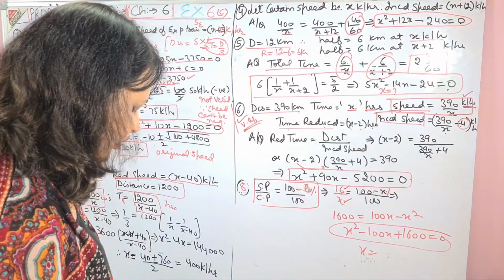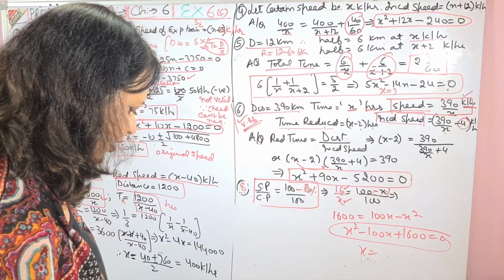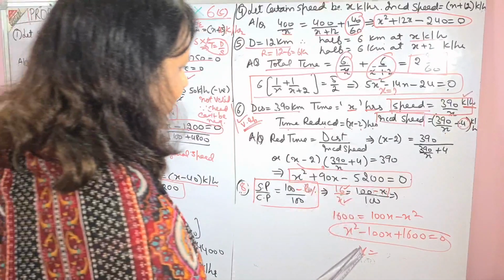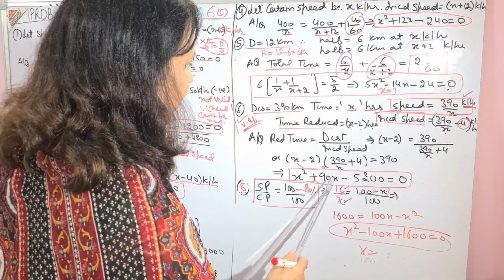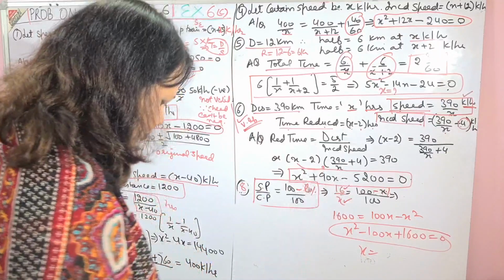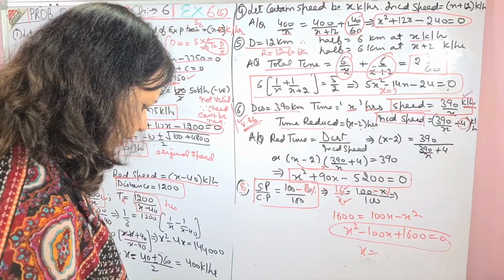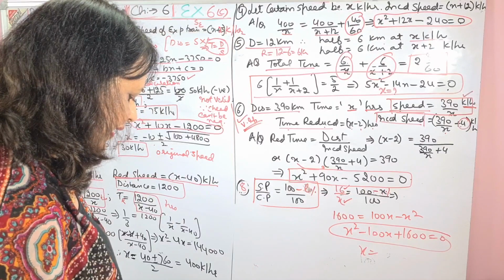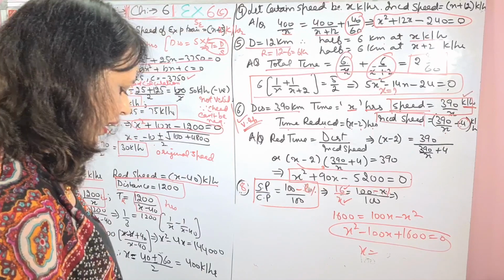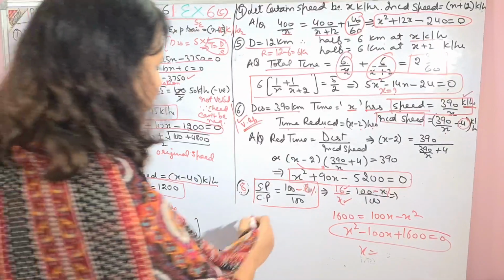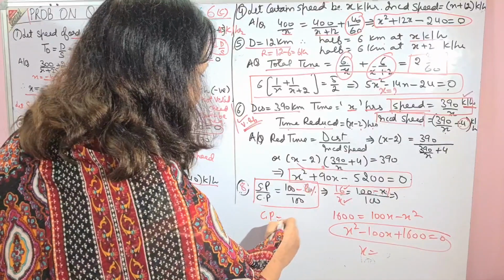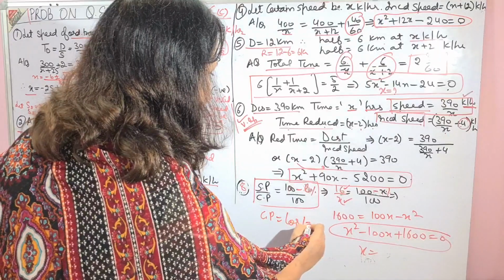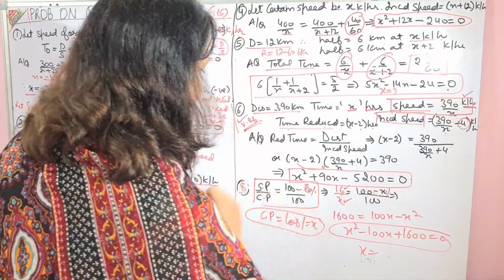So x you will find, if loss was x%, find the cost price of the article. Once you get x, you can easily find the cost price for the article. You can very easily see that the article is bought for x and its loss percent is also x. Both are same. CP is equal to loss percent is equal to x. You have to find the value of x.